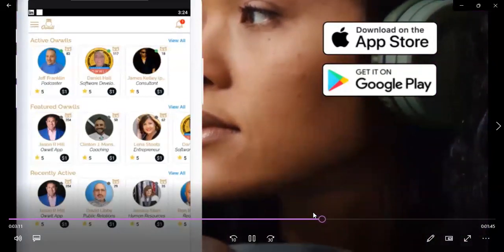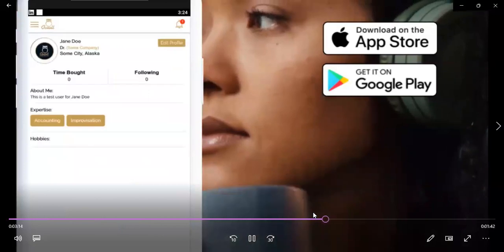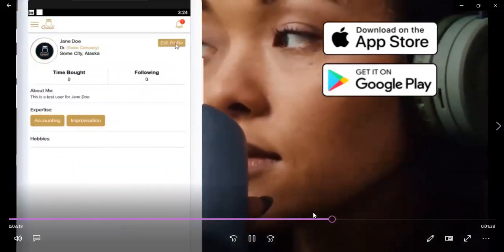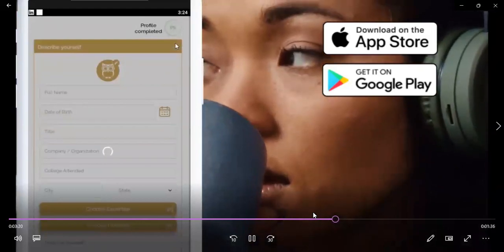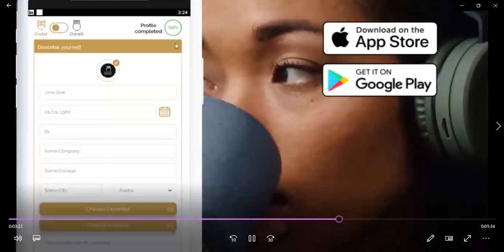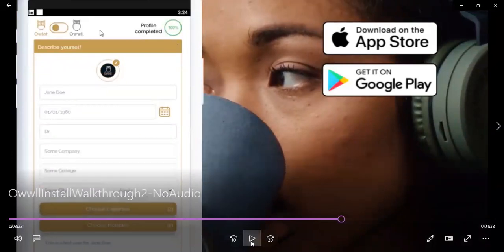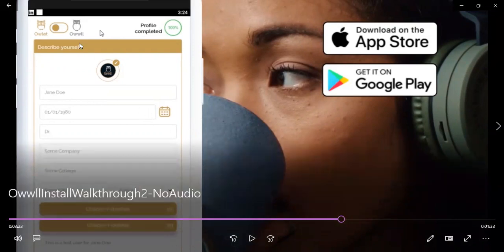Now you would actually go to the bottom right corner down here and click on your profile. That's going to bring up your profile. Now you're going to go to edit profile. And here you can see your profile. Now, if you look at the upper right corner, you're going to see right away that it's at 100%. You need it to be at 100% in order for this